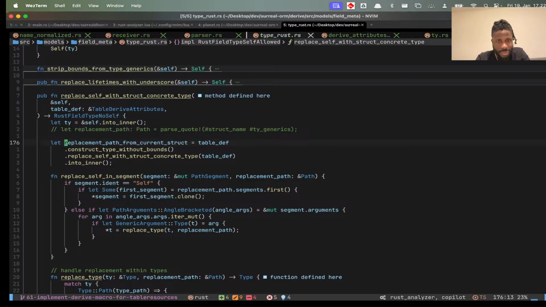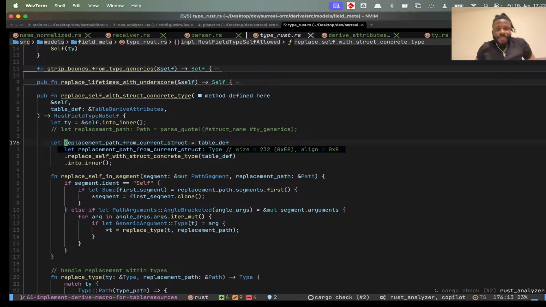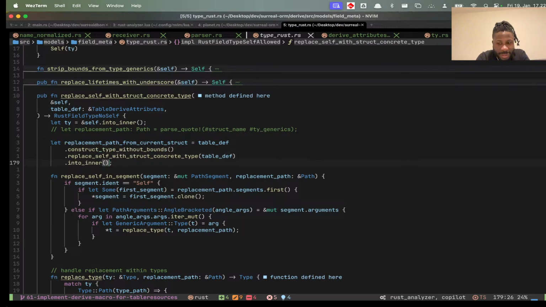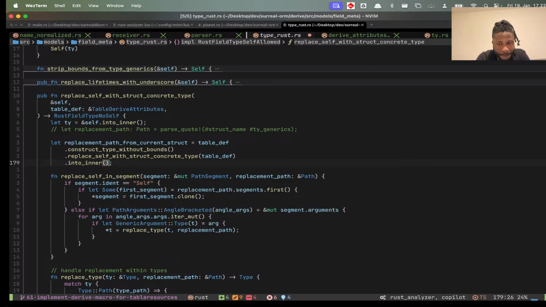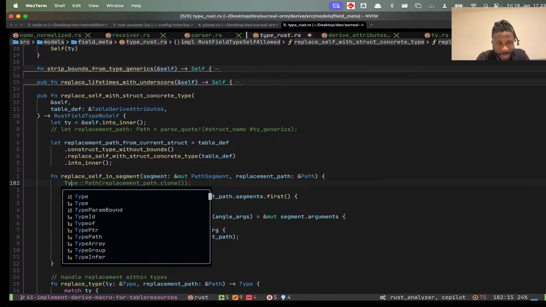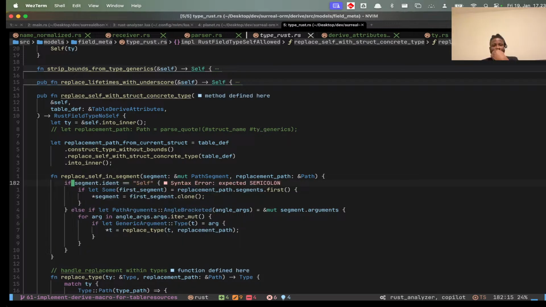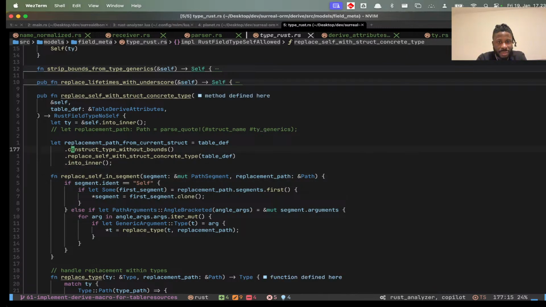Construct, I don't know. Does type have something like as path? Let's see. I mean, we could take in type. We could take in type and just do on type path. We could do that, but how about